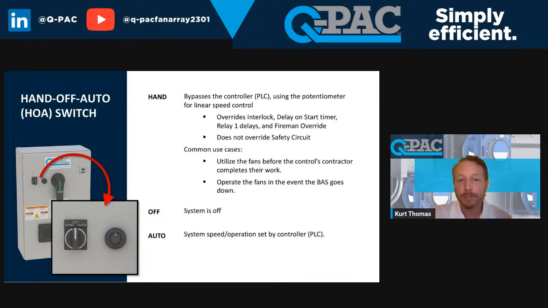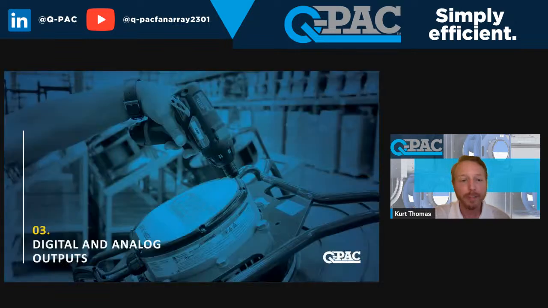Quick question for you, Kurt. Yep. Nick asks, can the pressure set point be controlled using a UI or only BACnet? So you can set the pressure set point. If you're running in constant static, you can set it at our display. You can also change it via BACnet. Hope that answered your question.